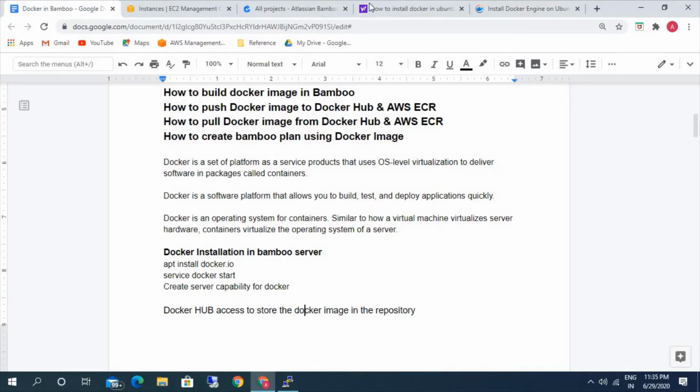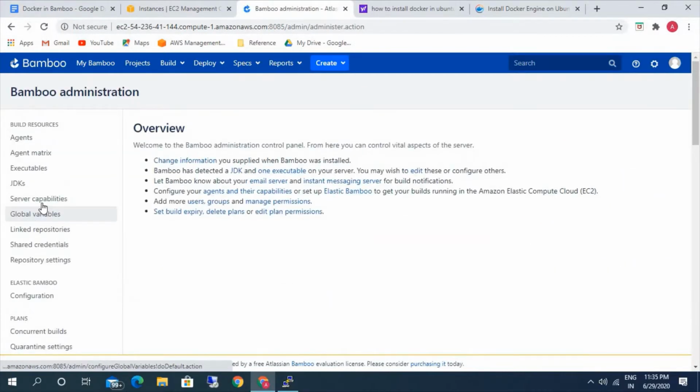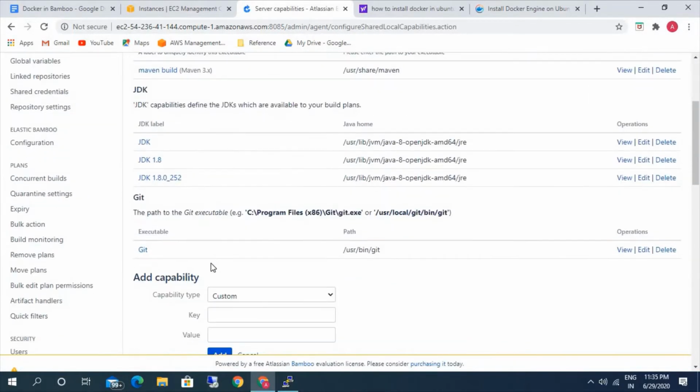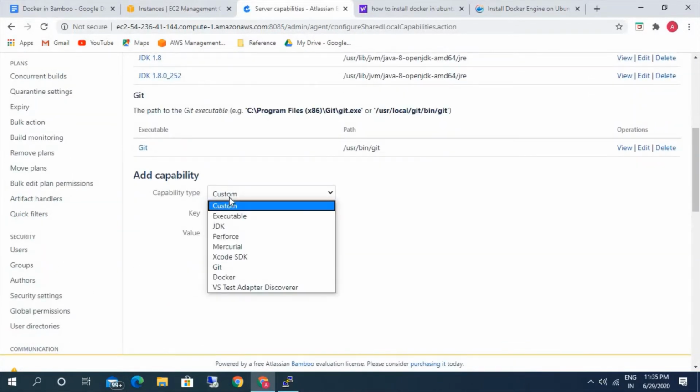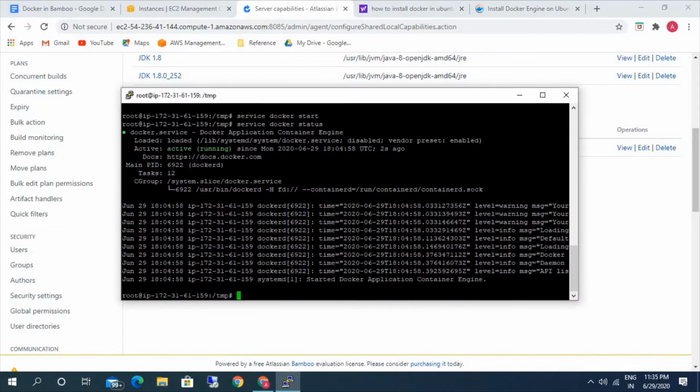We need to create a server capability for Docker. So I need to go to settings, go to overview, and here you have an option called server capabilities. At the bottom you can add a new capability. Just select Docker and give the path. This is the path for Docker, /usr/bin/docker. You can check the path here as well with which docker.